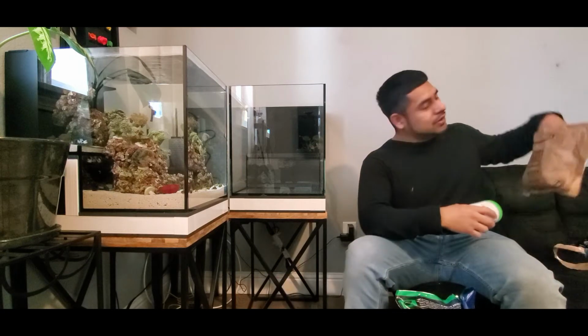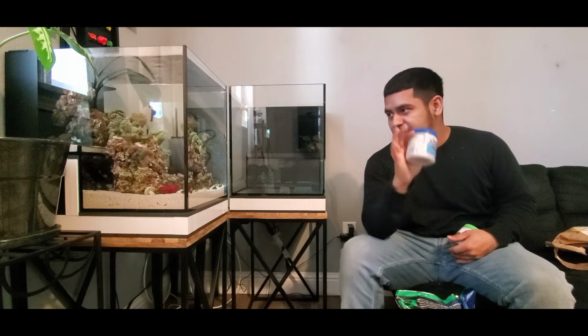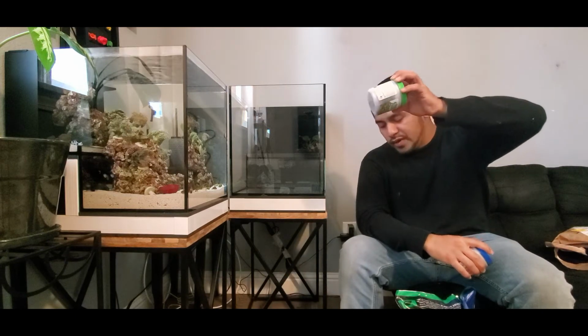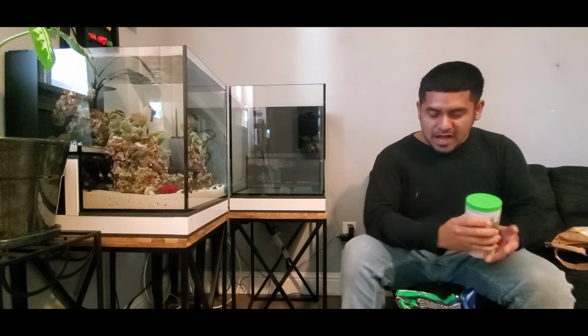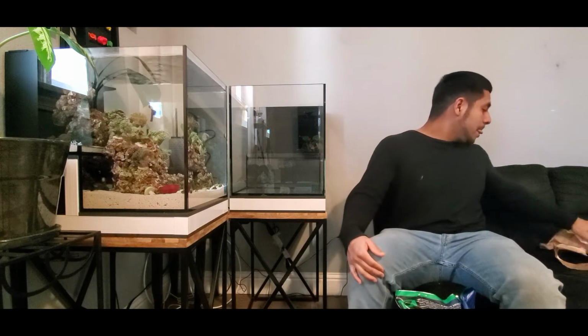I bought one for my saltwater tank. I'm going to give it a week before I add it, make things establish a little bit, then add it. Same thing with the fresh water. Wait a week and then add it, just to let you guys know. ChemiPure Green. When we set up the tank, we'll go over everything I'm going to end up using, and then